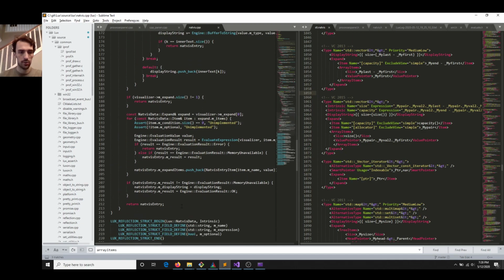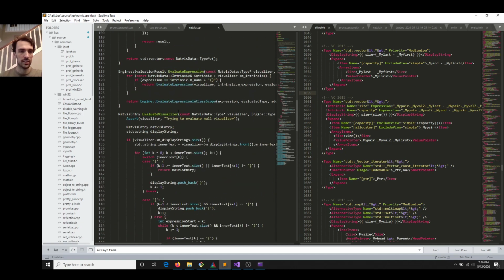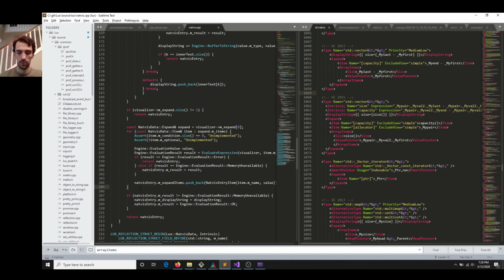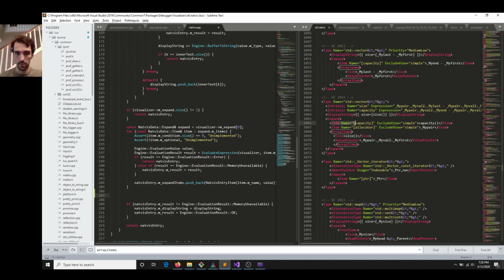So in this code somewhere, I need to write some processing for, say, I process items and I process display string. These are the things that I process. So I need to add some code for processing. So you can see item and display string I already process. So I need to also now process